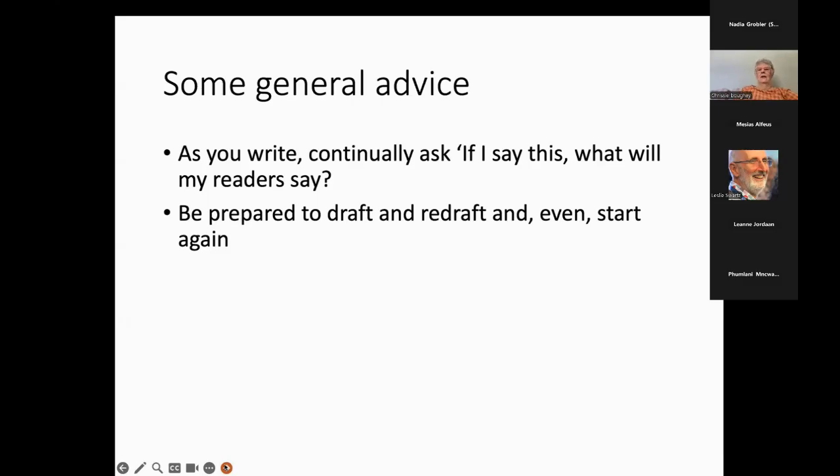Okay, so if you just cut and paste from your thesis and say, there, that's okay, that's done, you're not giving yourself the opportunity to question what you've already written in the light of the fact, for example, that you're writing for a different purpose. You're writing now to demonstrate your expertise or for a different audience. So be prepared to start again and don't succumb to that